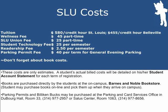Your actual bill will be mailed and emailed to you at the beginning of each term or semester, and this would be called your student account statement. Books are purchased directly by the students at the on-campus Barnes & Noble bookstore. If you're interested in parking permits or Billiken bucks, those may be purchased at the Parking and Card Services office